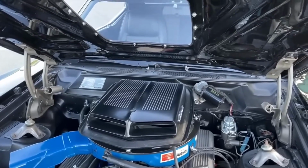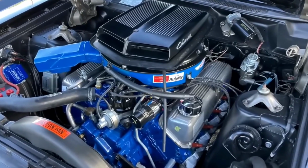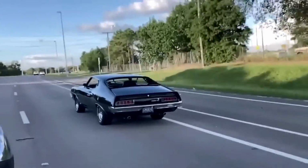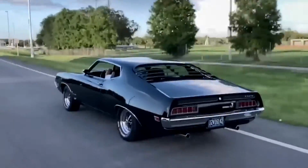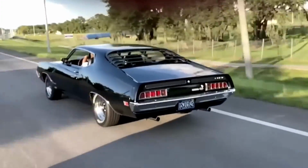The King Cobra was intended to be a formidable competitor on the track, with 3 prototypes built, each powered by a different version of Ford's 429 cubic inch big block V8 engine: a Boss 429, a 429 Cobra Jet, and a 429 Super Cobra Jet. Initial testing at Daytona